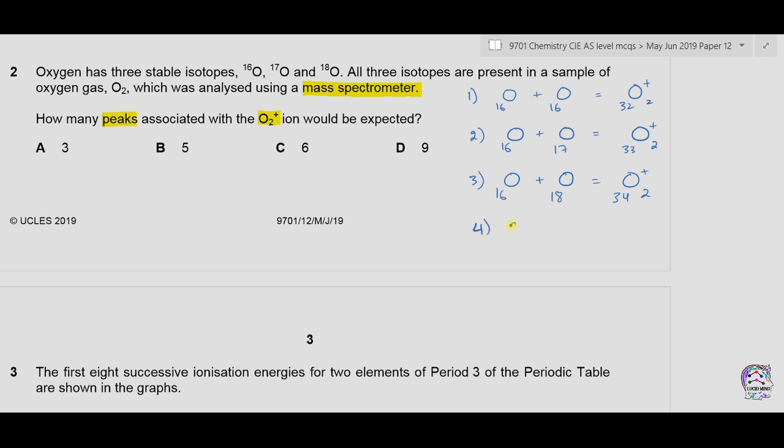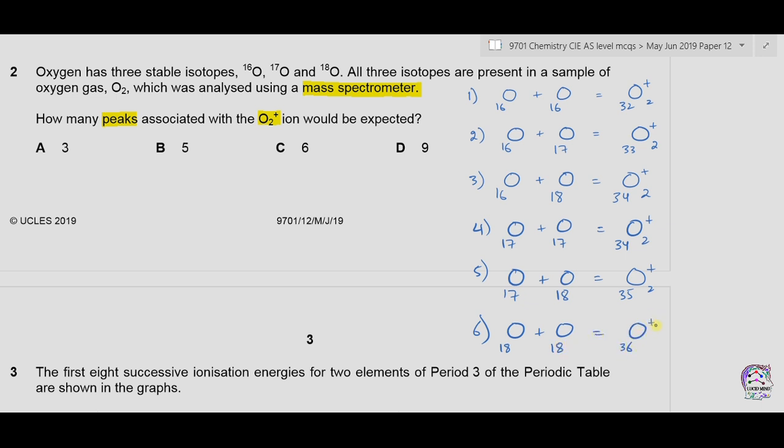In fourth possibility we have oxygen 17 isotope combining with oxygen 17 to form oxygen 34 ion. In fifth possibility, oxygen 17 can combine with oxygen 18 isotope to form oxygen 35 ion. In sixth possibility, we have oxygen 18 isotope combined with oxygen 18 isotope to form